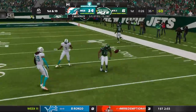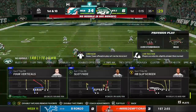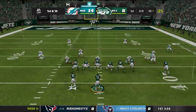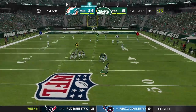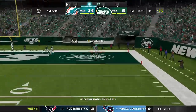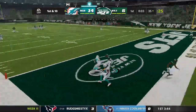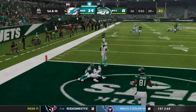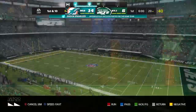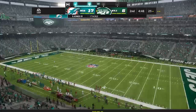McSorley's throw there caught by Gallup. And he's got this down to the 35. Ball up to the 35 now as they come up on 1st and 10. Flush to his right. He's going to take a shot at the end zone. Why not? And it'll be intercepted. Picked off by Bryce Callahan. And the Dolphins are going to take...